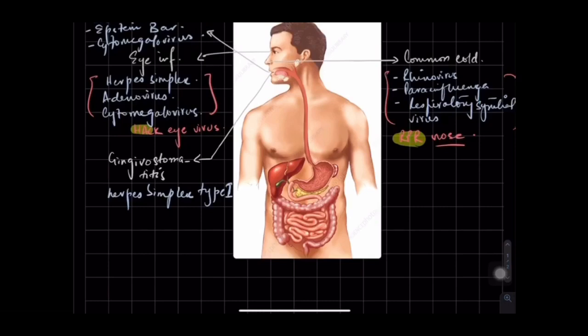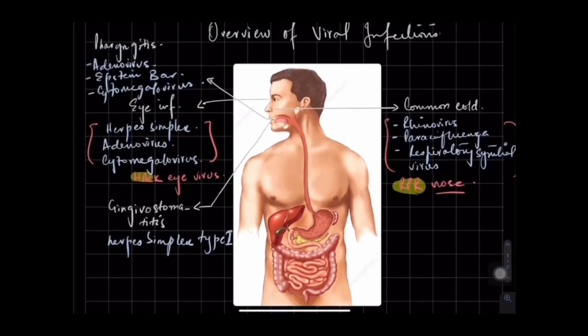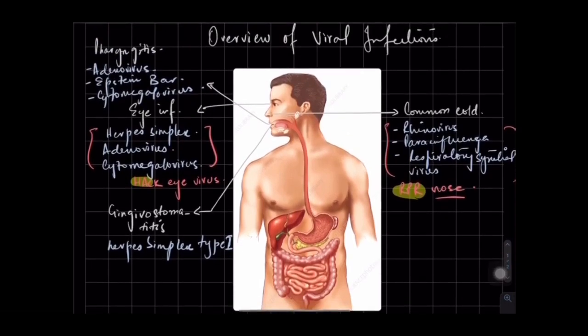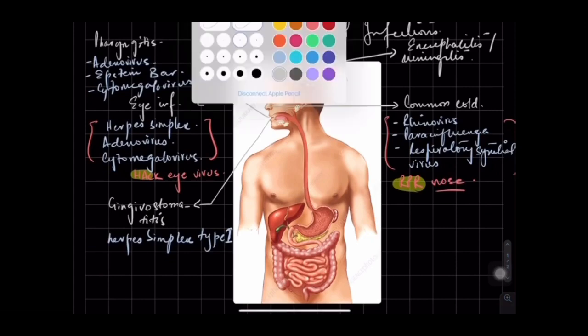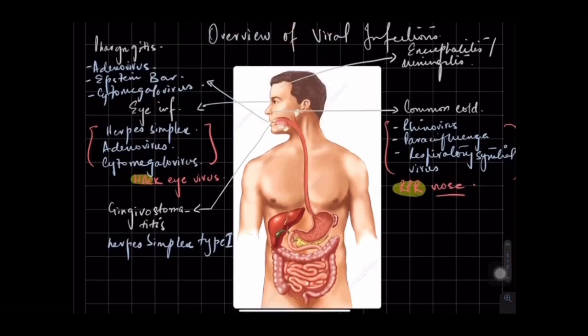Okay. Next is encephalitis or meningitis, which is the inflammation of our brains. Encephalitis or meningitis. Okay, I might have to move this downward a little bit. The viruses that cause encephalitis and meningitis are JC virus,